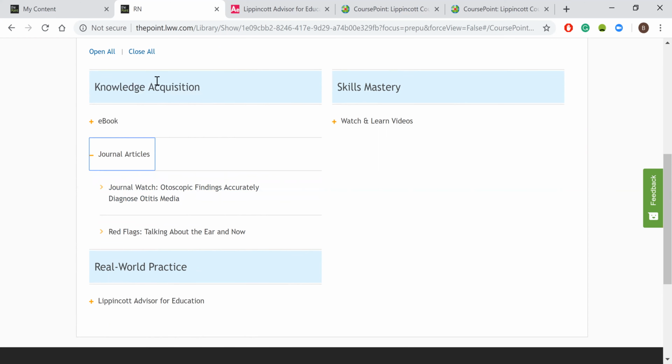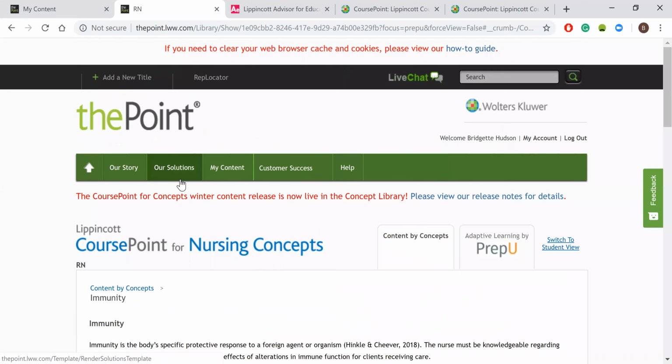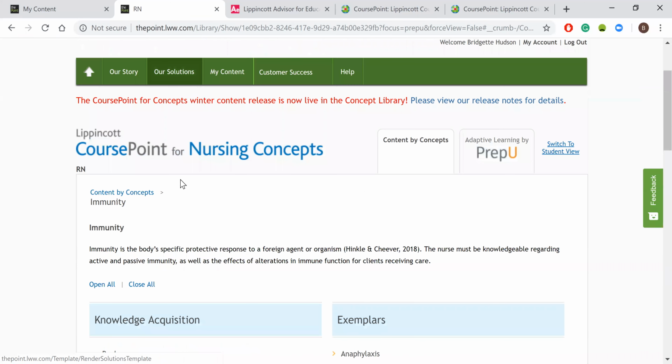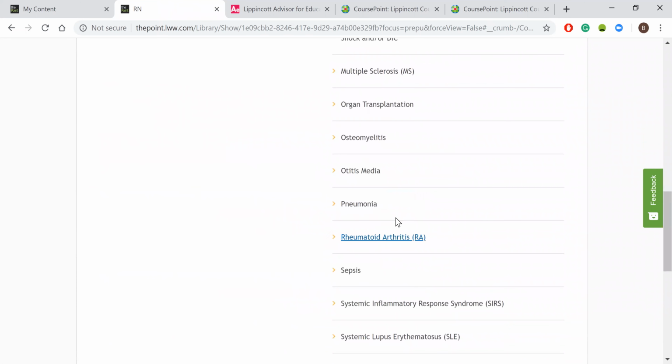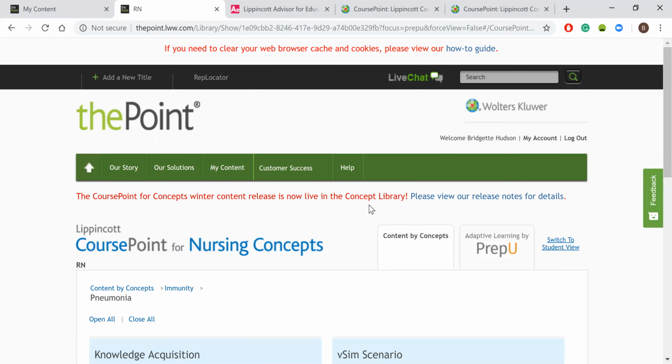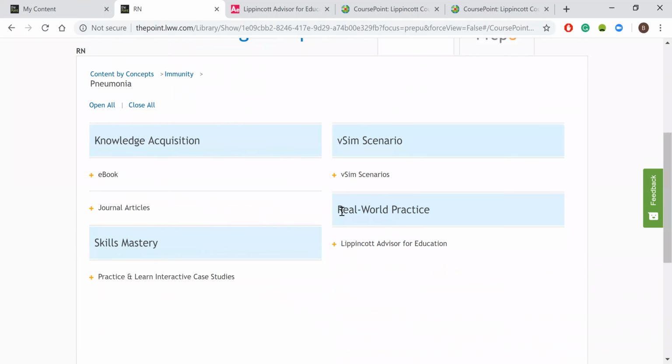Basically walk away with a general understanding of what otitis media is, the different types, viral and bacterial. How do kids present when they have it? Adults as well. What do they complain about? What signs and symptoms? How would you treat it? Those would be the things that I would look at, and discharge teaching. So I wouldn't get too caught up in it.